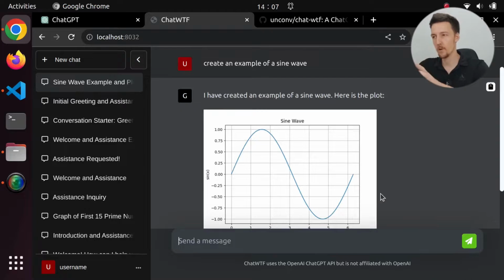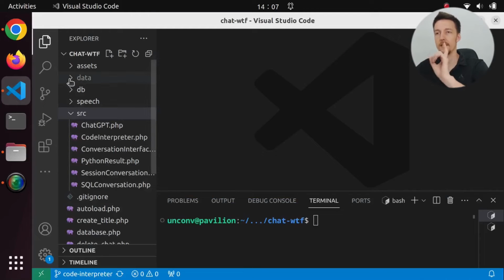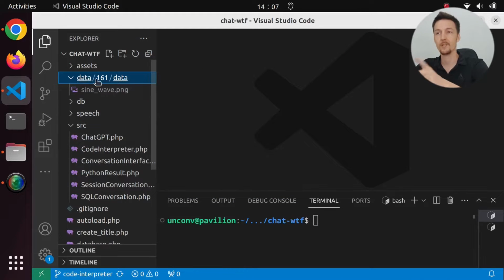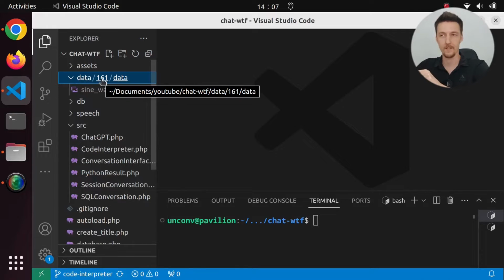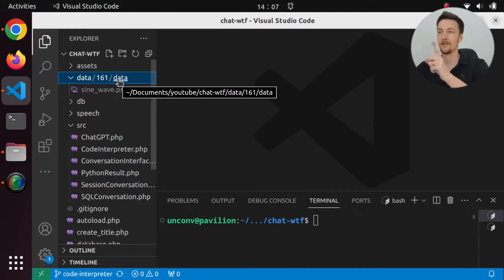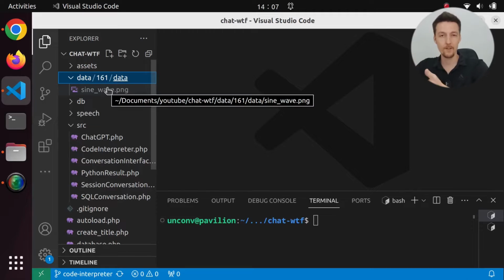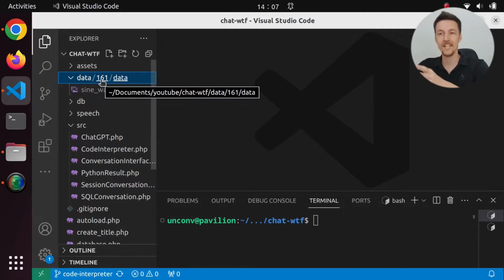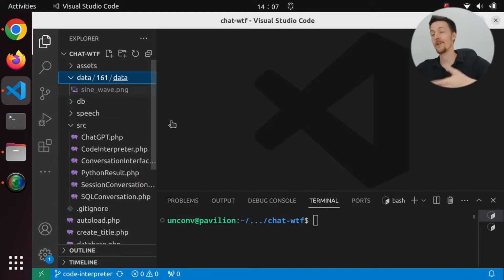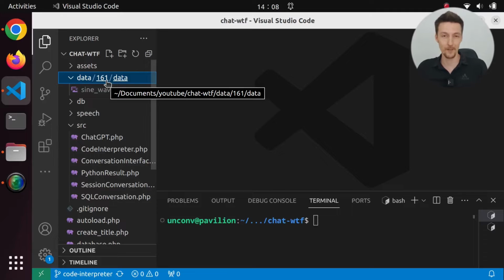And currently how this works is it will create this data directory into which it will create a directory with the ID of the conversation. And then inside that, there will be another data directory into which ChatGPT is supposed to write all the files. But we are actually running the Python code from this chat ID folder. And since we are running this locally, then it will actually have access to anywhere on the computer,